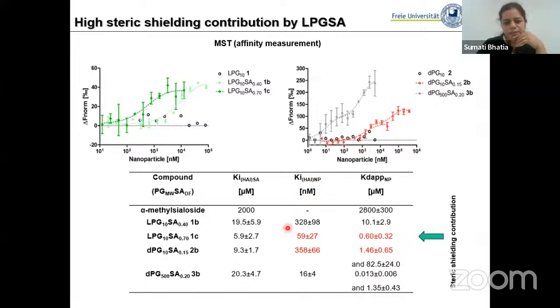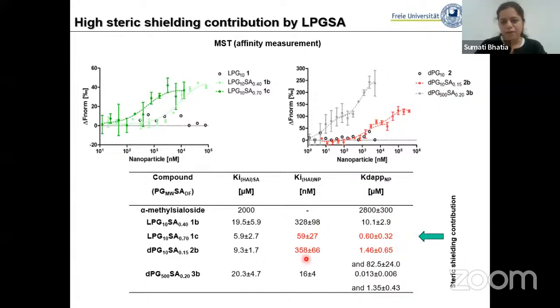So here you see the Ki values for these 4 inhibitors obtained from the hemagglutination inhibition test, where the inhibition was done in presence of cells, where the virus was inhibited to bind with the cell in presence of these inhibitors. And here you see the affinity values, KD values for these inhibitors with the virus, where there are no cells, right? So now if you compare any 2 compounds which have almost similar KD values, and then you